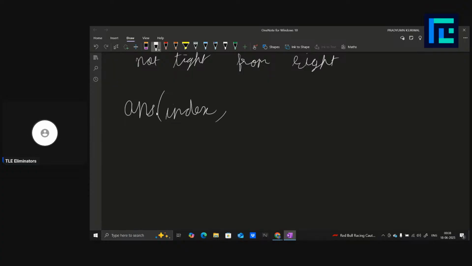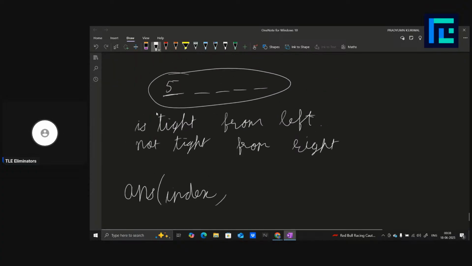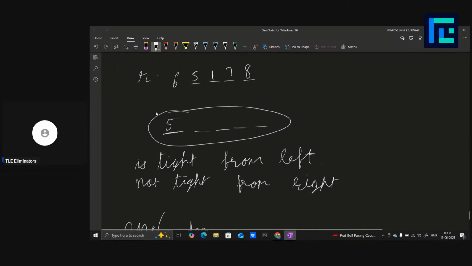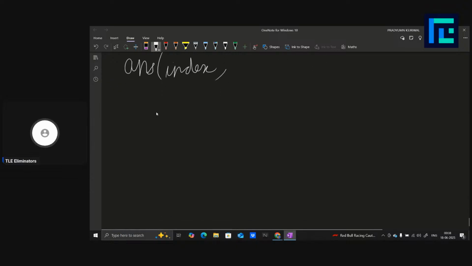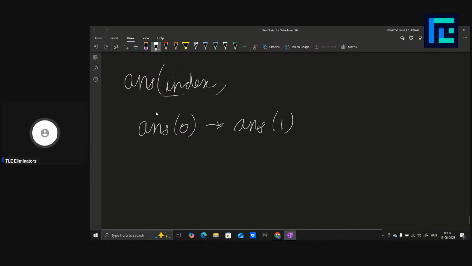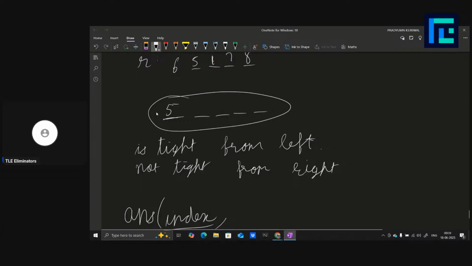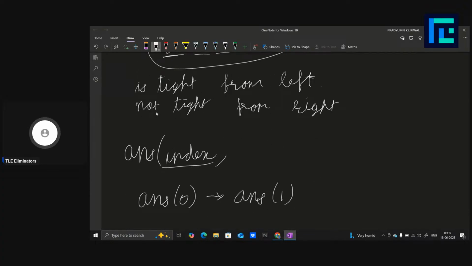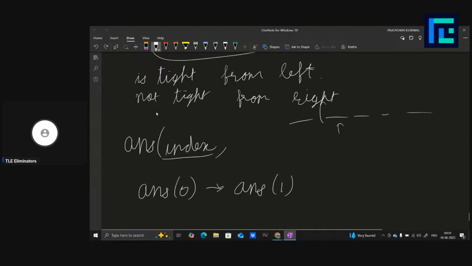Index means for which index you want to solve it. Basically, you will call it for ans 0, and this ans 0 will call ans 1 recursively. So this ans index means the answer for, if I call it for this index, then this will return me the answer for these many numbers. All right,